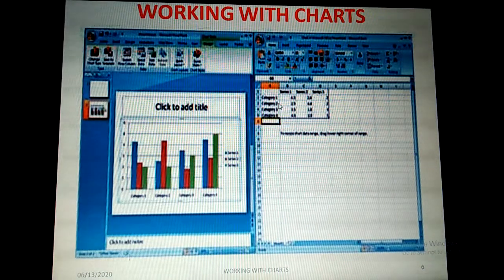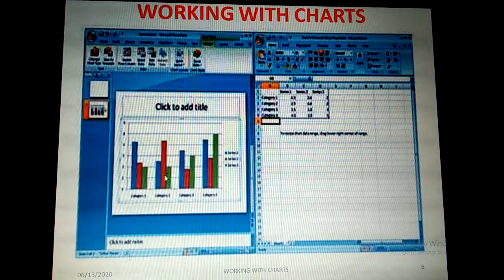Here we have the values like Category 1. In the spreadsheet rows, we have Category 1, Category 2, 3 and 4. Column-wise, under the B column, we have Series 1, Series 2, Series 3. So like that we have a data table, and for this data table only, the chart is drawn here. This is Category 1, 2, 3, 4. The blue color data series is represented as Series 1, the red color series is known as Series 2, and the green color series is known as Series 3.